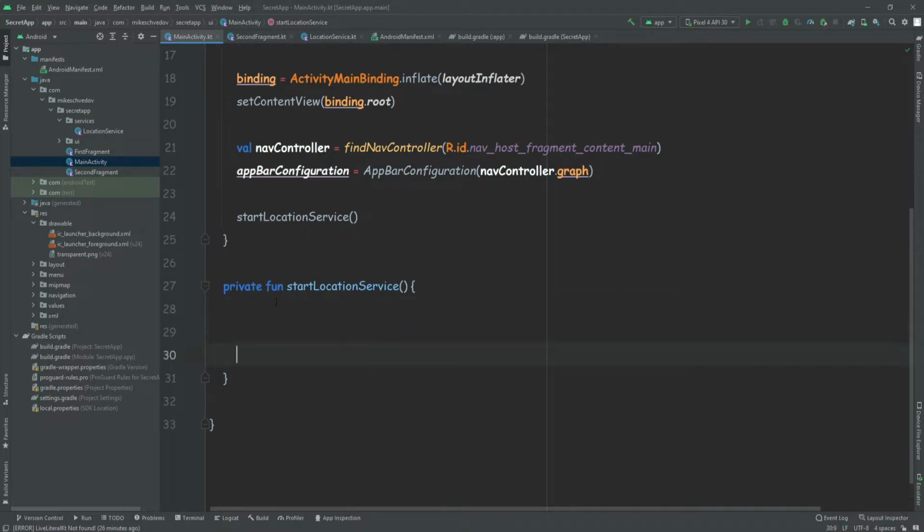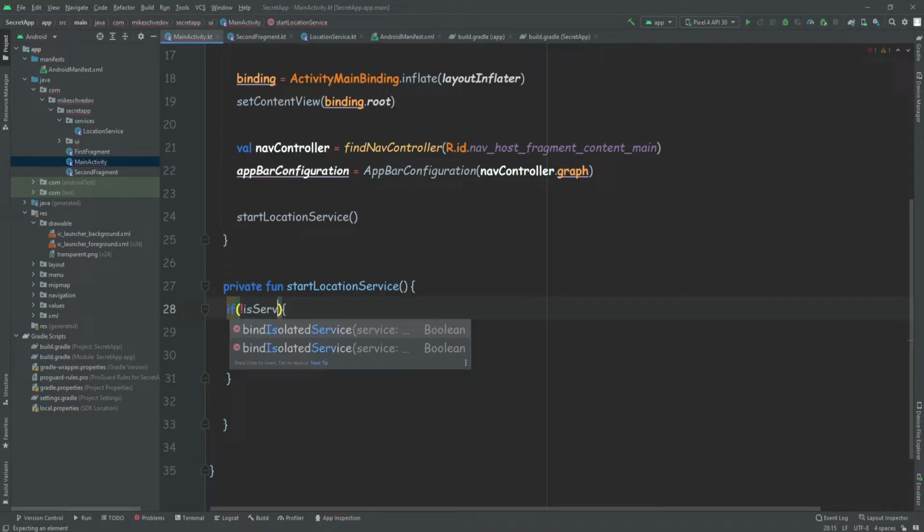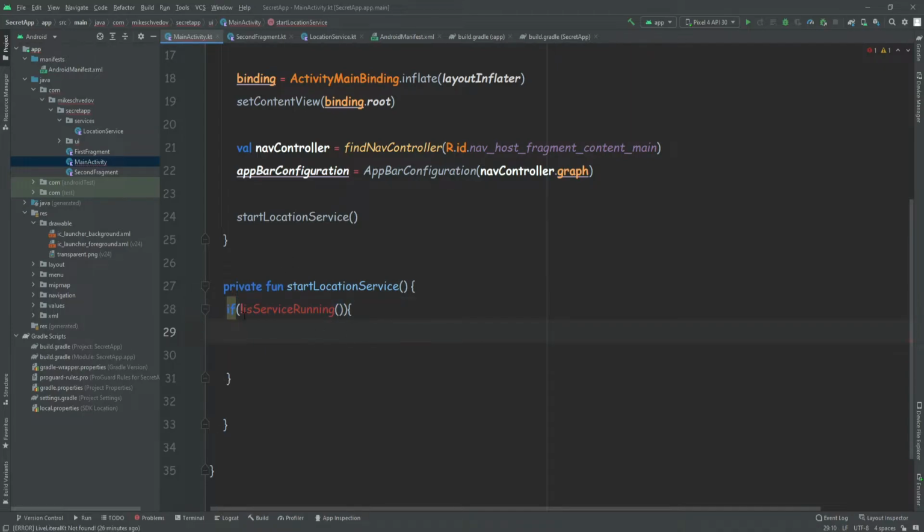And inside, we're simply going to check if the service is already running, because we don't want to run two services at the same time, right? We want to run one service each time. So if this is an extension that we're going to create that will check if the service is running. But if it's not running, okay, we want to start it. So if the service is not running,